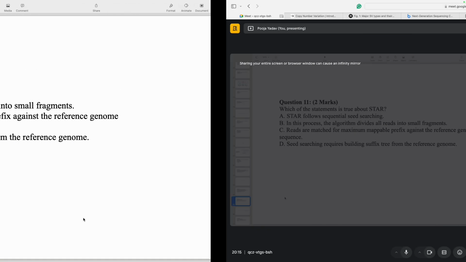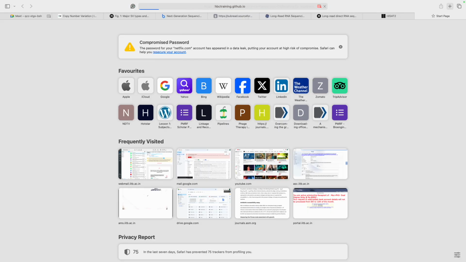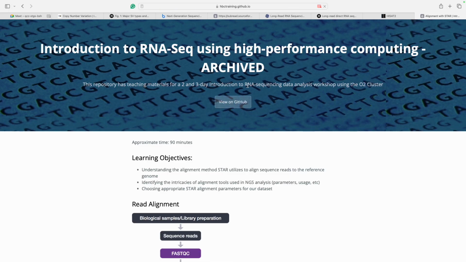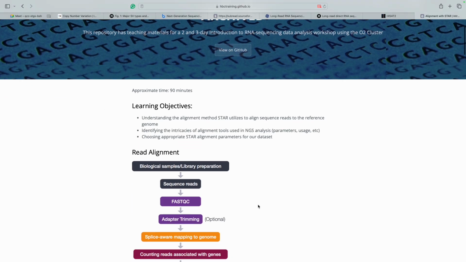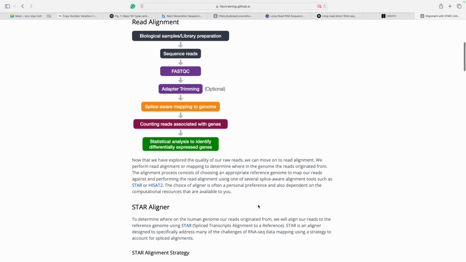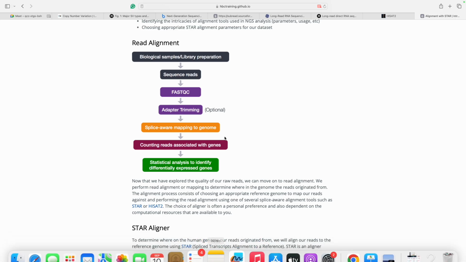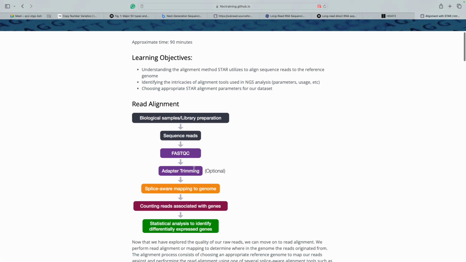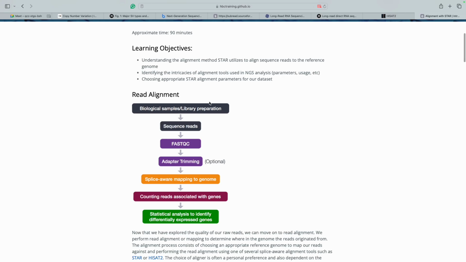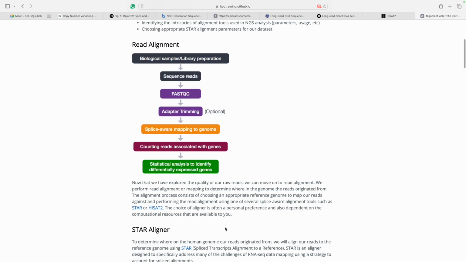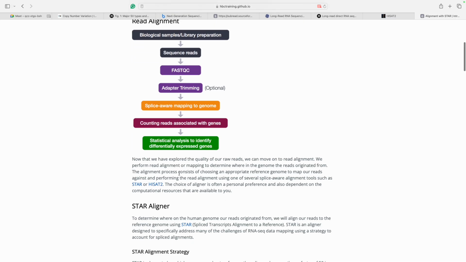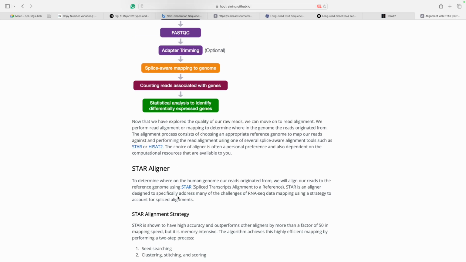Yes, so if I go to the manual, please go through the manual that I've been sharing, so you'll get a clear idea how these tools work. So here, this tool, STAR, is for read alignment to our reference genome. It is again splice-aware mapping to the genome. So this STAR aligner,